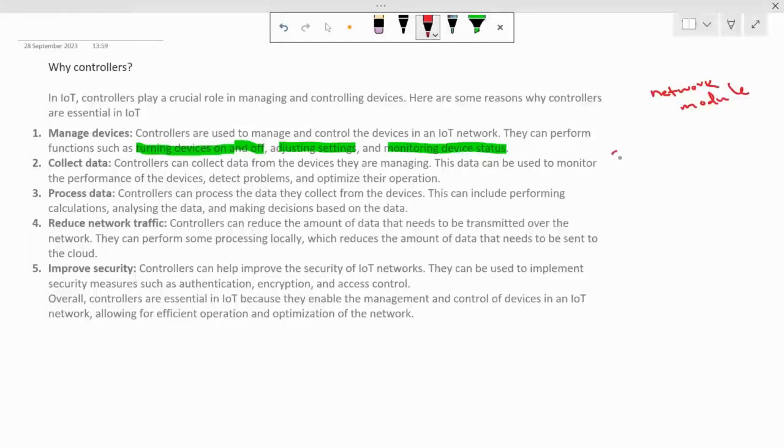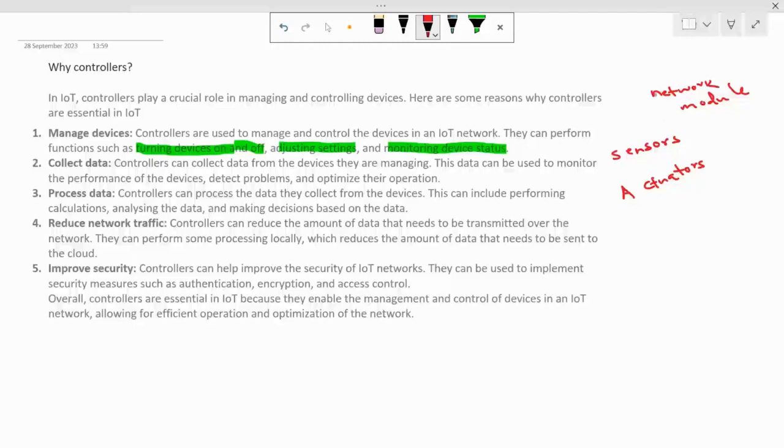We also need some actuators. But we can't control each of them separately, and these devices don't have their own intelligence. So here controllers come into play.